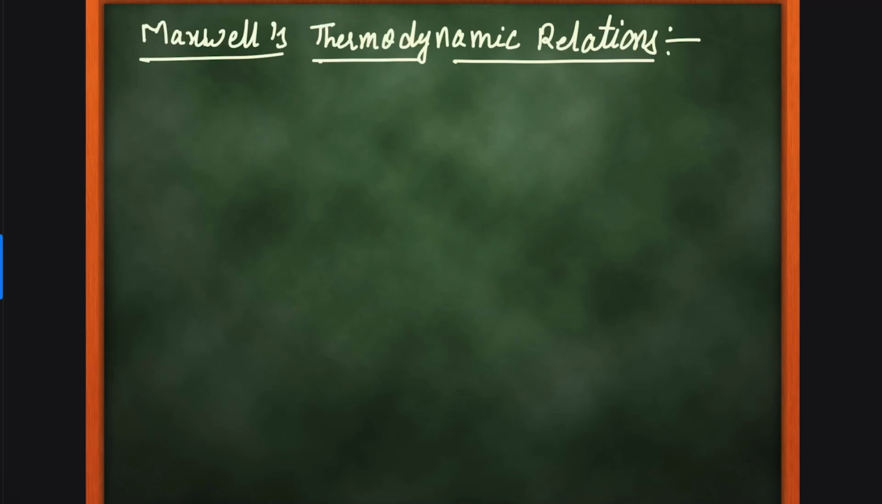हेलो फ्रेंड्स, आज हम पढ़ेंगे मैक्सवेल्स थर्मोडायनेमिक रिलेशंस। मैथमेटिकल फॉर्म फर्स्ट लॉ और सेकंड लॉ की यूज करके मैक्सवेल ने इन फोर रिलेशंस को स्टेट वेरिएबल्स या थर्मोडायनेमिक वेरिएबल यूज करके फाइंड आउट किया।